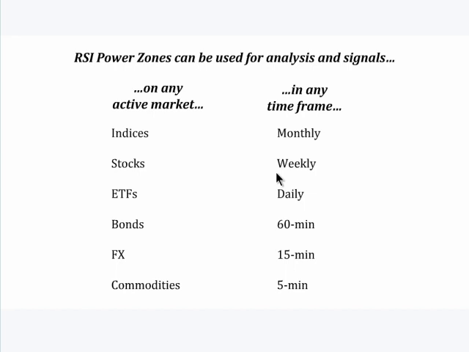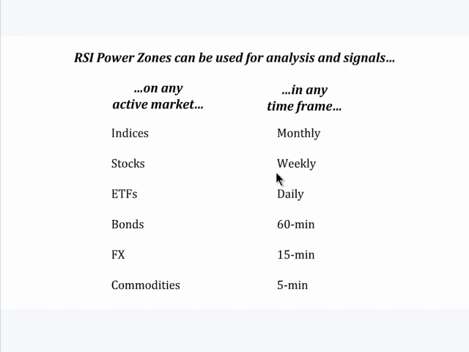Now, look on the right side for the time frame. These are just some time frames, but they're the most popular ones: monthly, weekly, daily, 60-minute, 15-minute, 5-minute. Are these time frames that you consider in your trading, whether you actually trade them directly or not? If so, go ahead and type for me your time frame. You can put an M for monthly, a W for weekly, a D for daily, and the others just drop me the numbers here. So I want to see, especially if we've got a room full of swing traders, day traders, a nice mix. Okay, lots of folks trading the daily charts. Awesome. You're going to love how the RSI Power Zones change the way you can use momentum to boost your